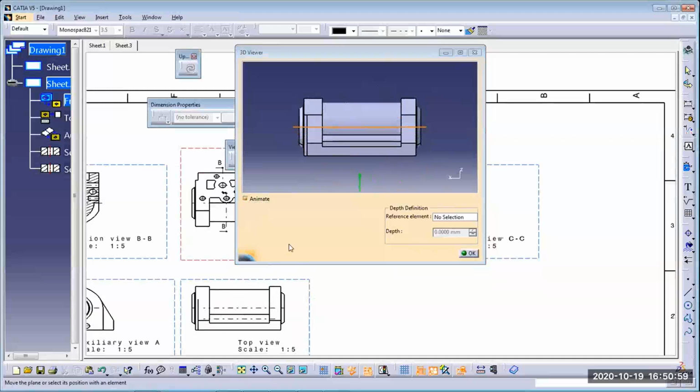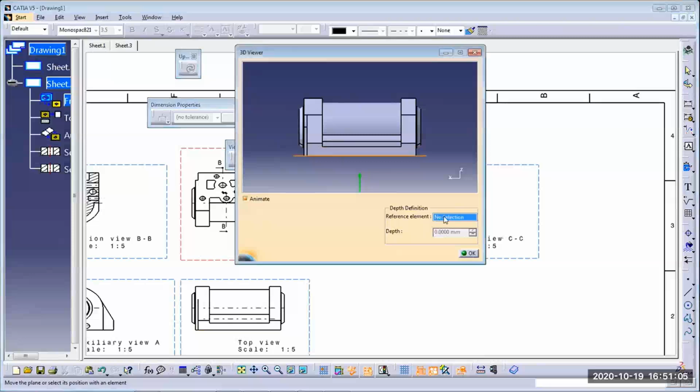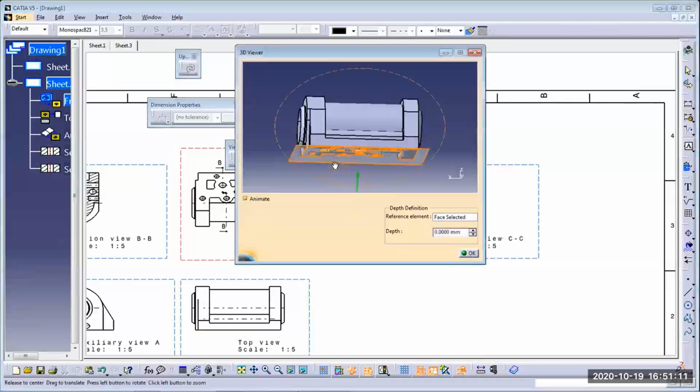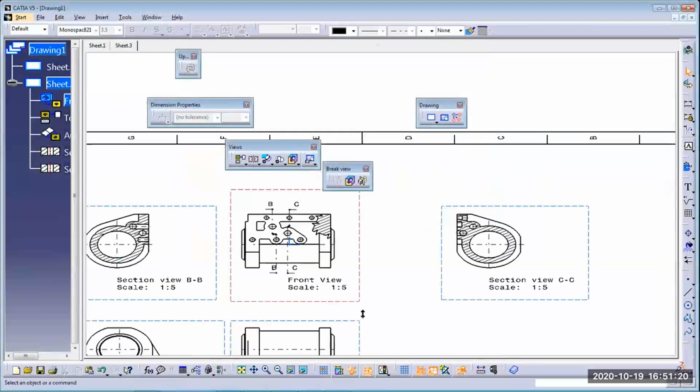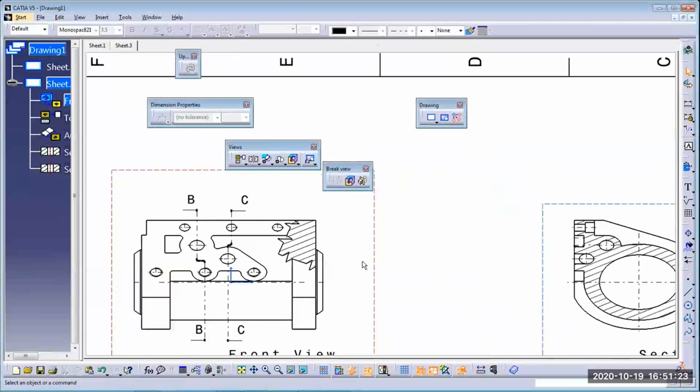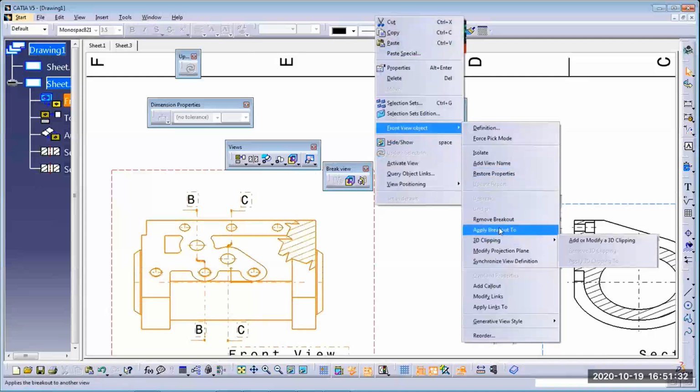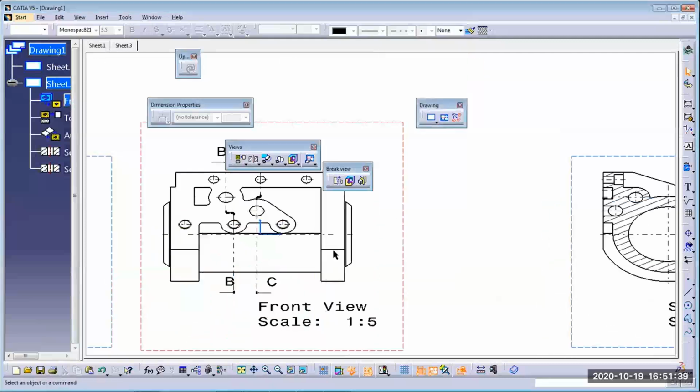In the top view, similarly it shows to you. So where is your front plane? This is your front plane. So here it is asking for your reference element. Your reference element is this plane. This line you have to select, then automatically the face gets considered, and then only the depth button will be on. Now this value I need is 15. Enter. After entering 15, directly press OK. So you will get the breakout view. If you want to cancel that, right click, remove breakout. Again you can do it.